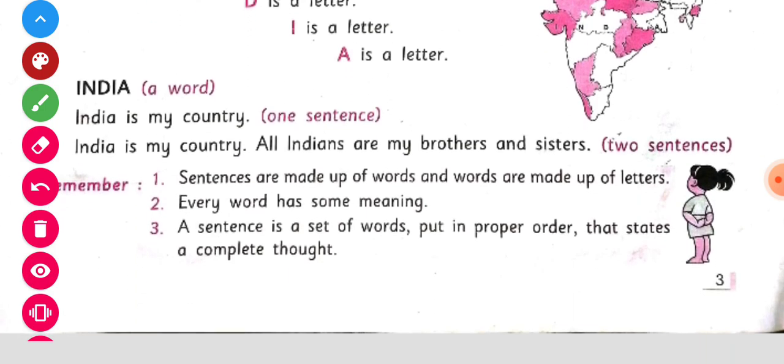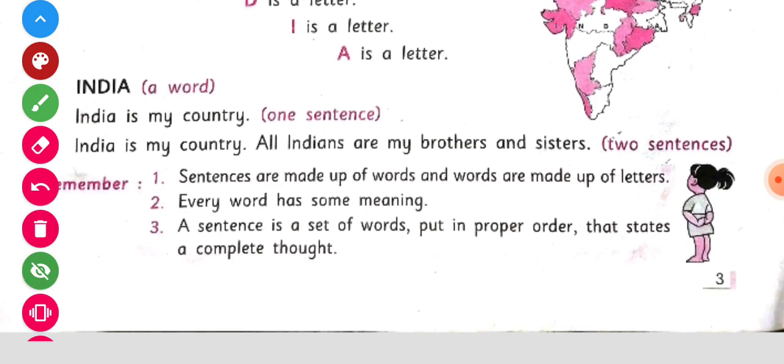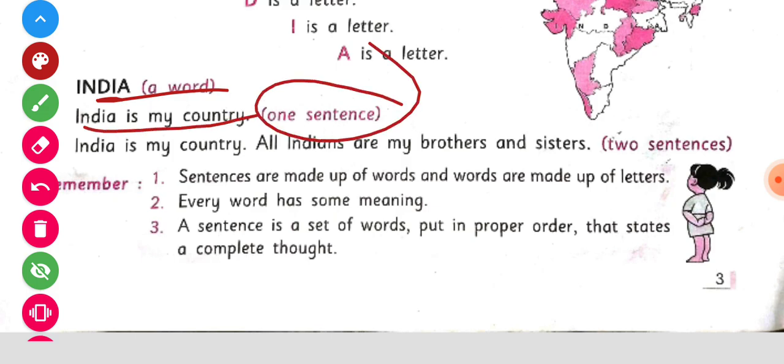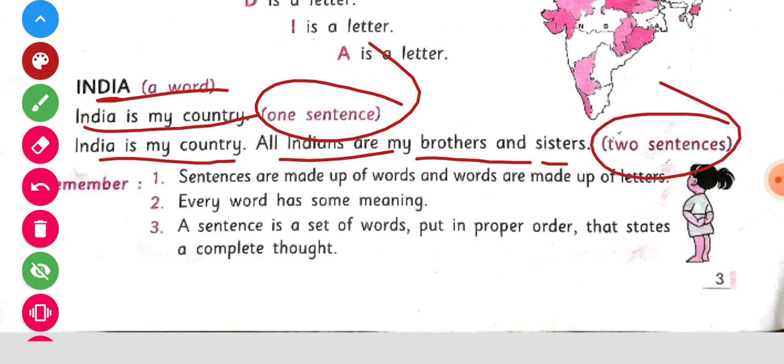So children, here India is a word. India is a word. And India is my country. This is a sentence. India is my country. All Indians are my brothers and sisters. These are two sentences. So children, here this is to remember, sentences are made up of words and words are